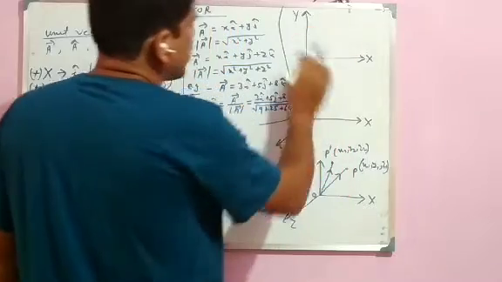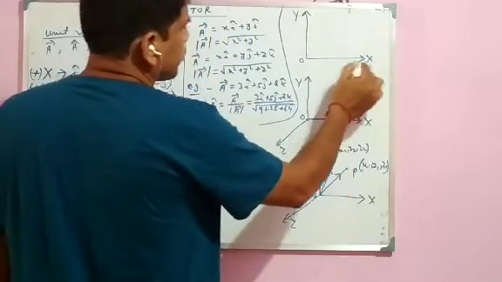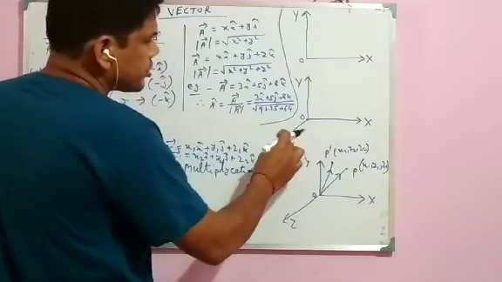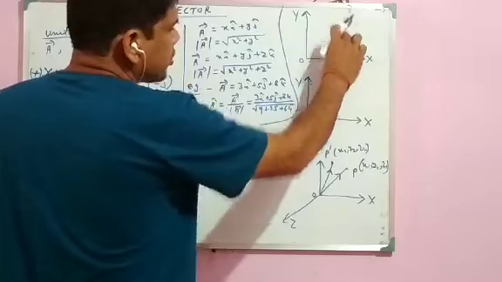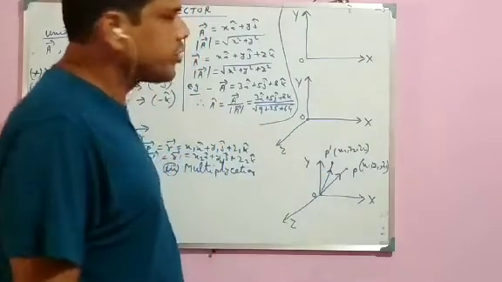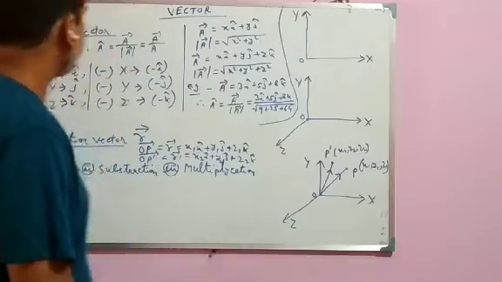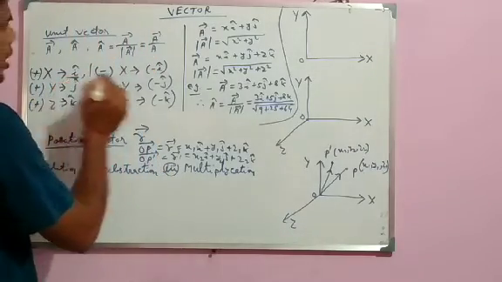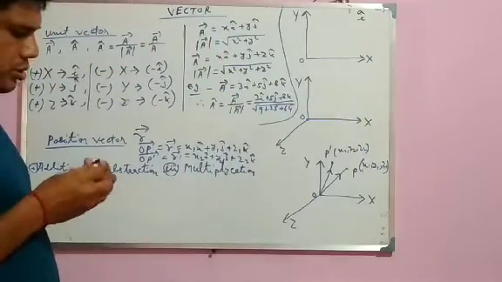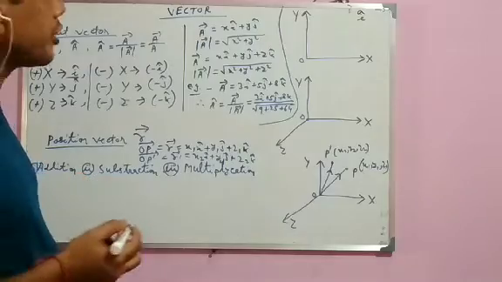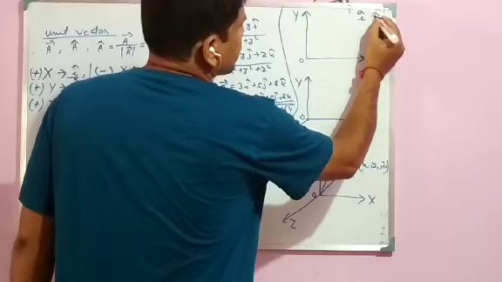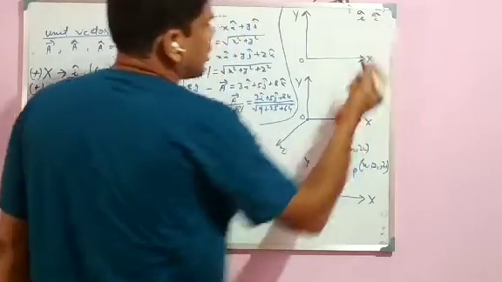This is the two dimension x-axis, this is positive x-axis, this is positive y-axis, and O is the origin, and this is a 3-dimensional coordinate system. This is a 2-dimensional coordinate system, this is a 3-dimensional coordinate system. Now, the unit vector of the positive x-axis is denoted by I hat, small I hat, or I cap. This is standard one. You have to remember these things.